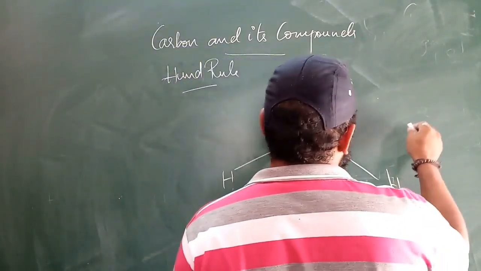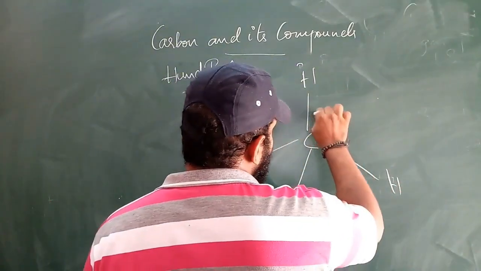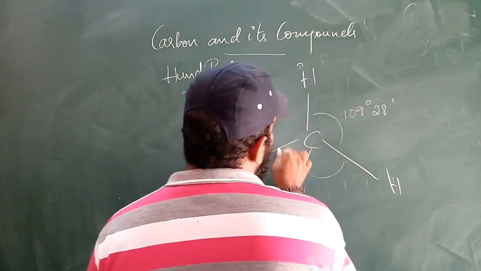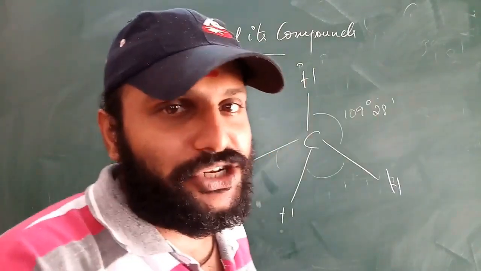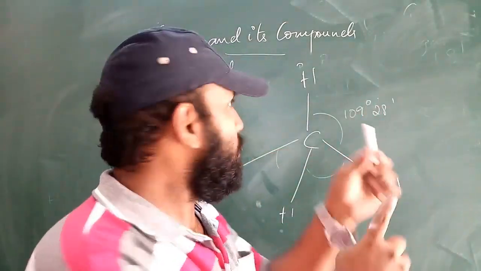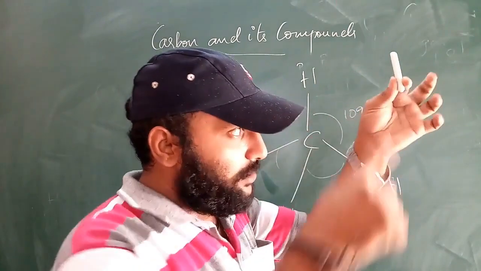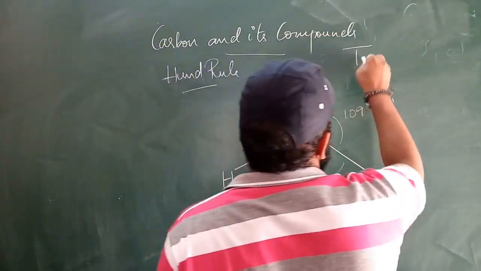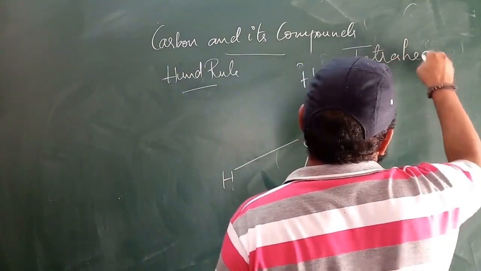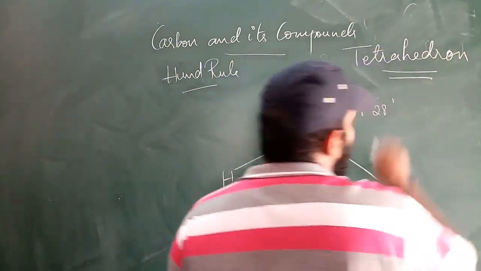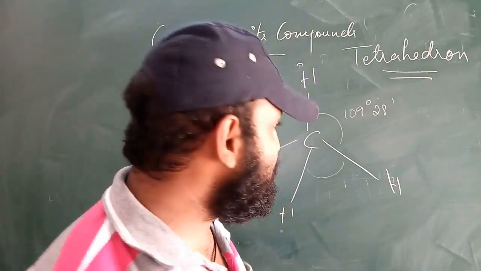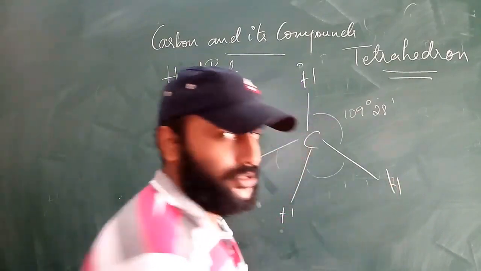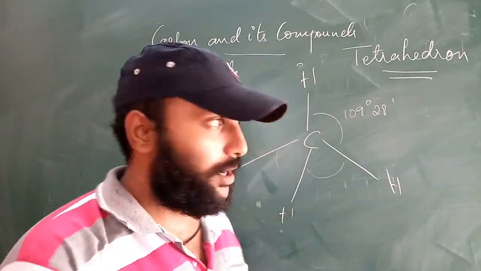If you draw it in this way and observe the angle, it will be 109 degrees 28 minutes. Same thing, if you observe the angle every time, it is a 3-dimensional shape. For the first hydrogen it will be like this, and like this, and like this. It will be 3-dimensional. It is called as what? It is called as tetrahedron. It will form a tetrahedron shape such that there will be a minimum repulsion between the electrons. In such a way, it will make the shape.